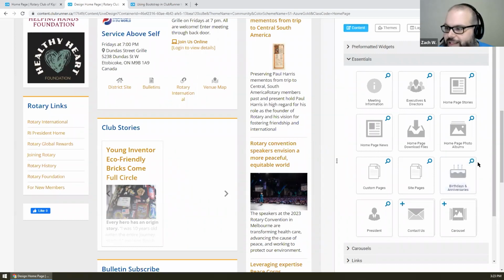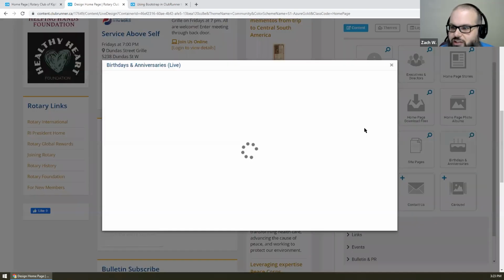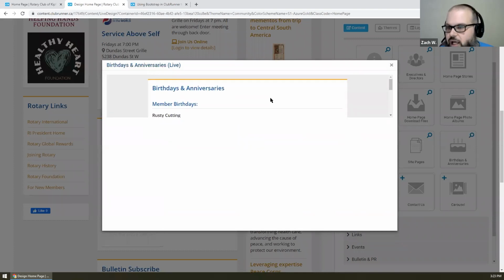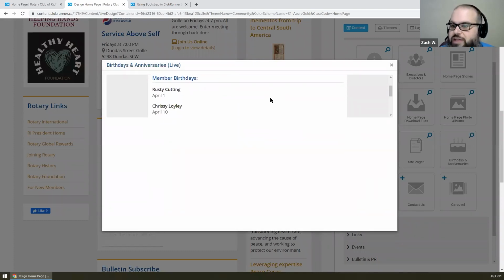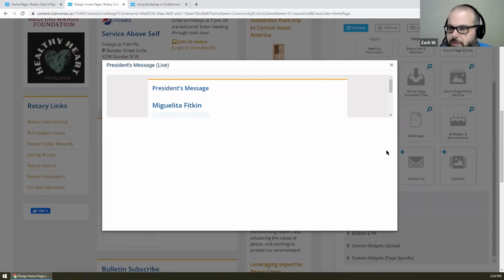We also have a birthdays and anniversaries widget, which is fantastic for listing upcoming club information for your club. Some clubs do prefer to have this on a members only page just for privacy, but the widget is there. Additionally, we have a presidential message widget. It will dynamically pull the president's picture, and there's a little section in there to allow the president to put